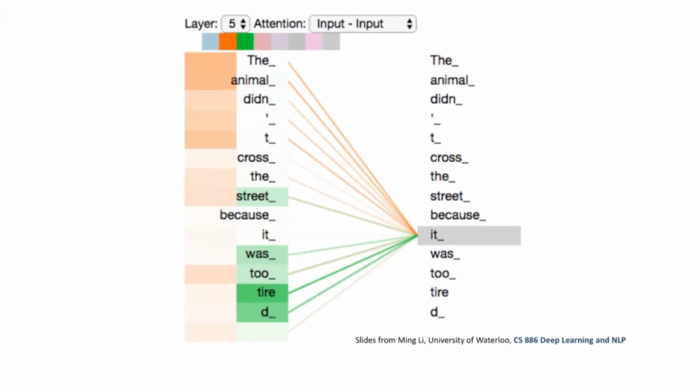Okay, so you can see the visualization. Maybe this is layer 5 attention. Maybe you can have multiple layers in that. If you see the visualization here, we have multiple heads. If you see one head, or one or two heads, you can have this type of structure. Suppose this is the example: The animal did not cross the street because it was too tired. So we have divided it into